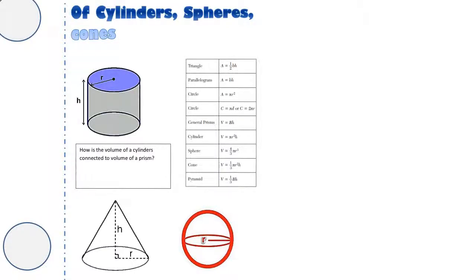Yesterday we talked about volume of prisms, so it might be helpful to go back and watch that video if you haven't seen it yet. But volumes of cylinders, spheres, and cones are connected to volumes of prisms. So thinking back to yesterday, we found out the volume is the area of the base